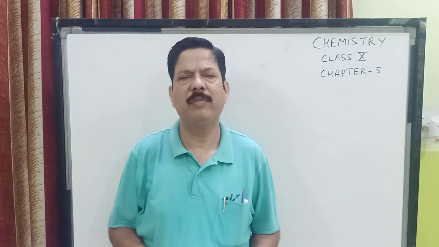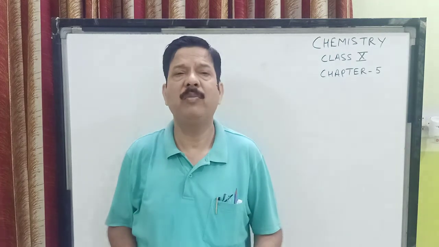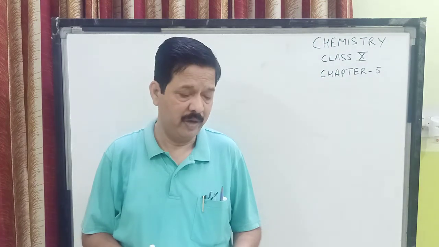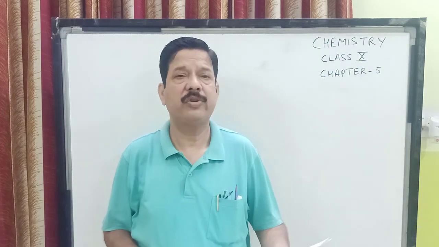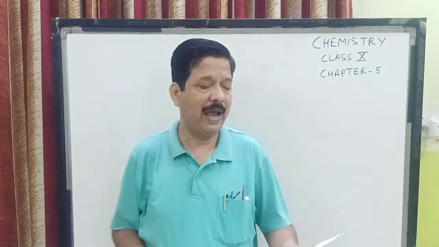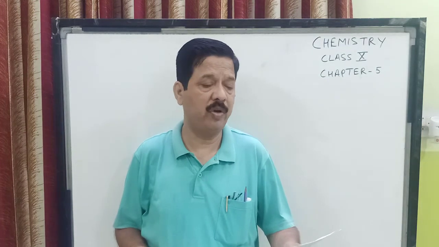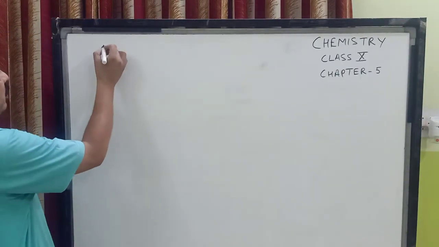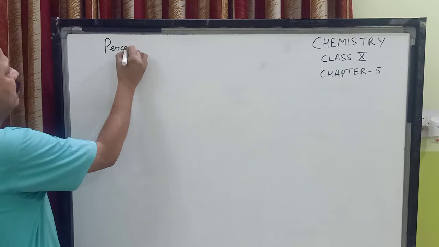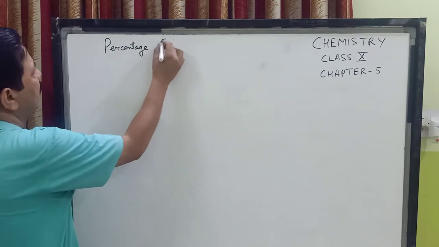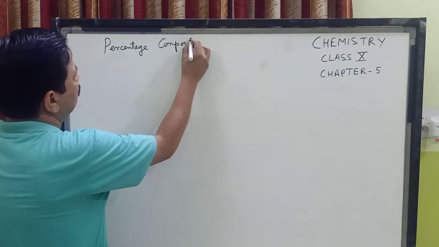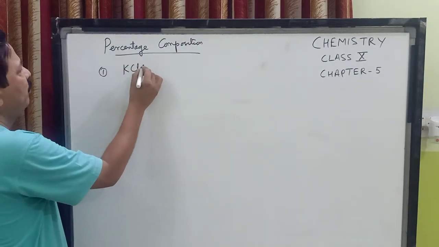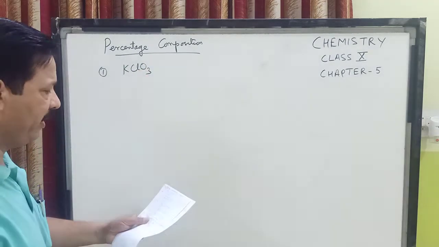So we have done some questions on vapor density. Today I am going to do a few questions from your book which are given in the exercises as a revision. And the first question, children, that we are going to do is: calculate the percentage composition of potassium chlorate. We are calculating the percentage composition, and the first one is of potassium chlorate, that is KClO3.